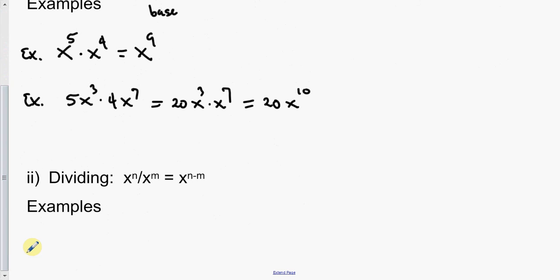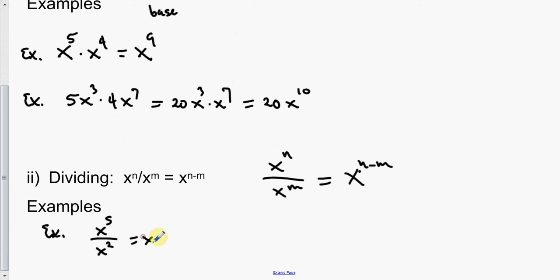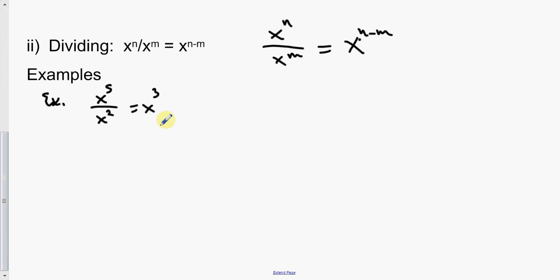Now, in terms of dividing, if you have x to the n all over x to the m, then this is just x to the n minus m. For example, if we have x to the fifth all over x to the second, that's x to the 5 minus 2, or x to the third. Now you think about that, and it should make sense